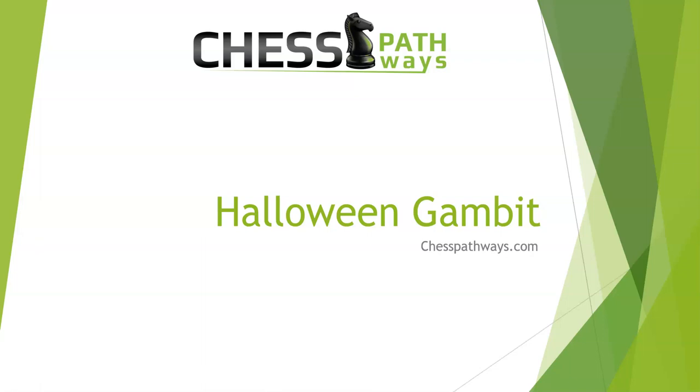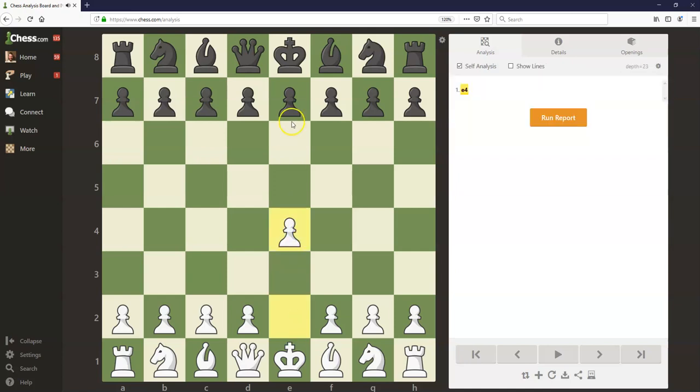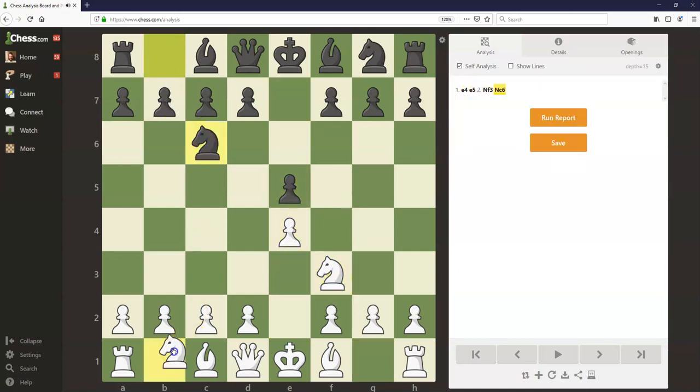Hey everyone, it's Blake here with ChessPathways.com, and in today's opening video, we're going to be talking about the Halloween Gambit. The Halloween Gambit starts out as a 4 Knights Game, which begins e4, e5, knight f3, knight c6, knight